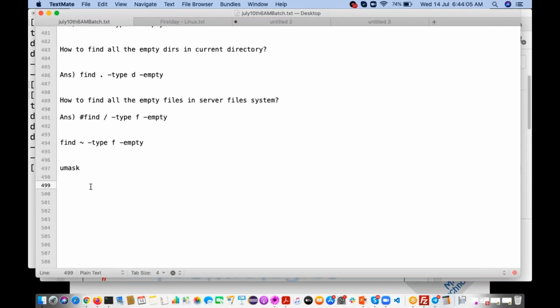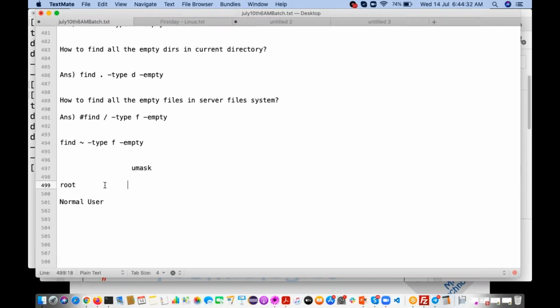So how to display the umask value? See, this umask value is different for the root user and different for the normal user.